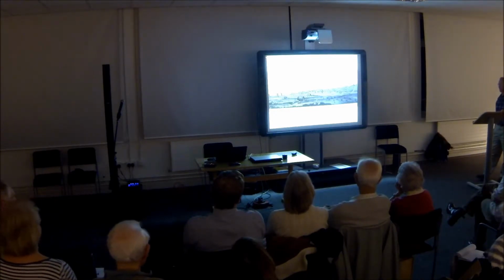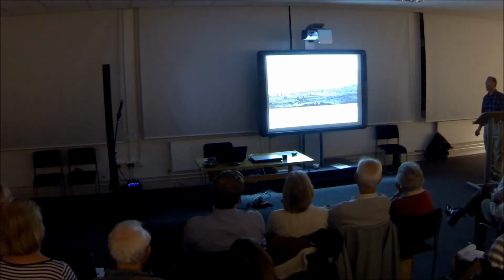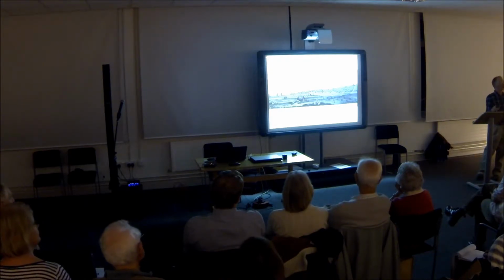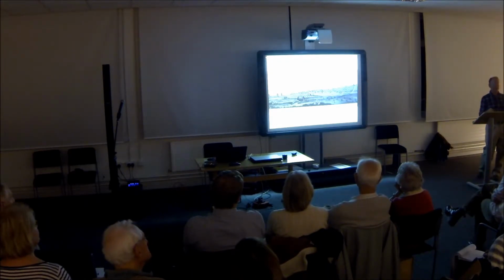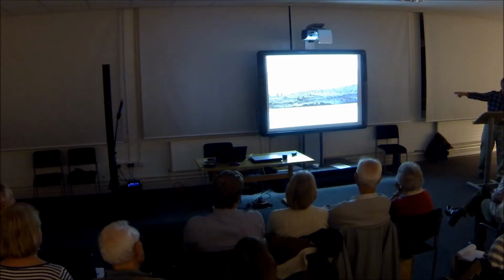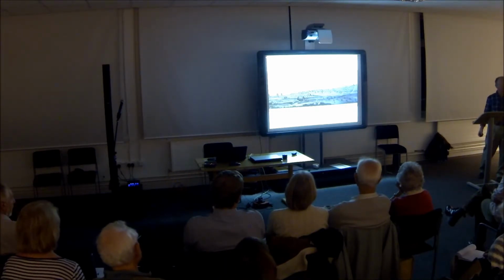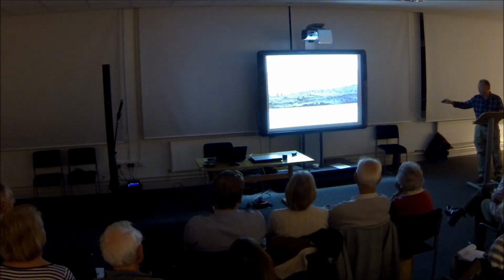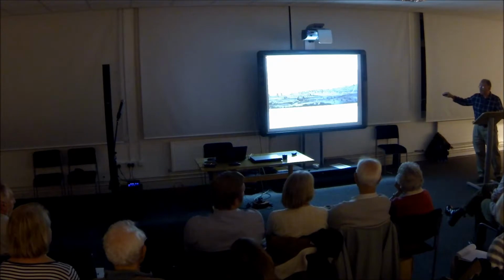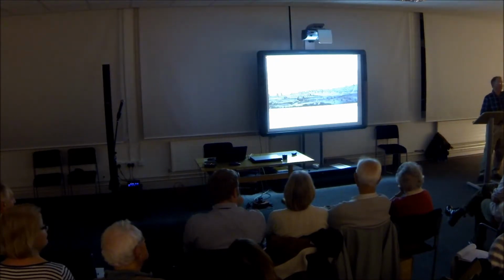Now this is a bit more straightforward. It's a view of Brighton in 1765, and I always like this picture, it puts the lie to the quote that the Prince Regent comes to Brighton and finds a deserted fishing village and turns it into a resort overnight. This is 20 years before the Prince Regent comes to Brighton. It's a pretty sizable town, and we've got some gentry down here. Showing you this, we've got a nice view of the Steine running along here. And the Steine is that valley, which is about 12